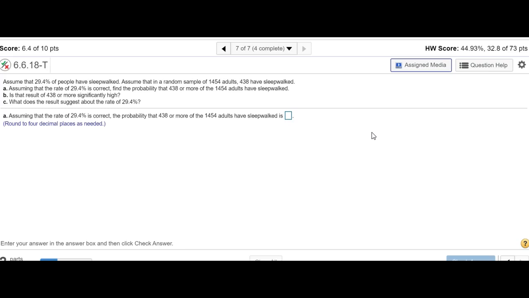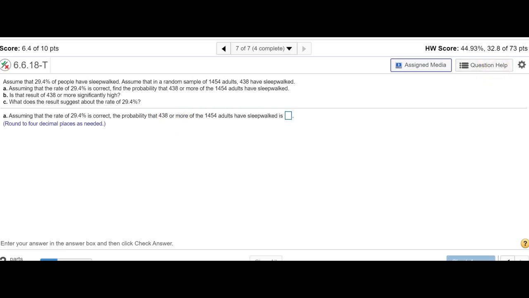And then we're going to assume that 29.4% is correct, and look at this sample. If it's significantly high or significantly different, maybe that would suggest something different about this population rate of 29% having sleepwalked. So if we assume the 29.4% is correct, what's the probability that in this sample more than 438 people have